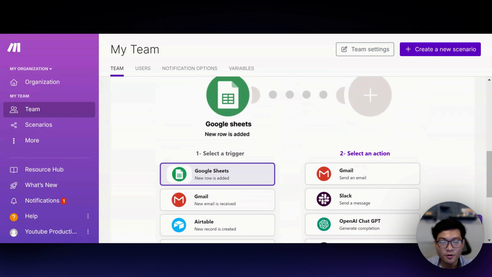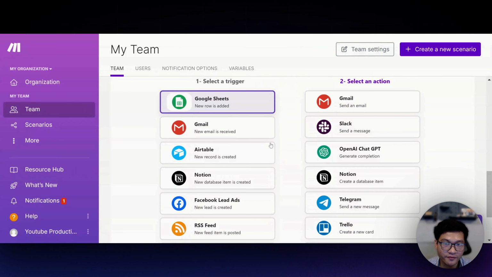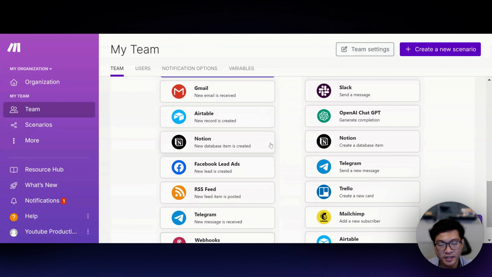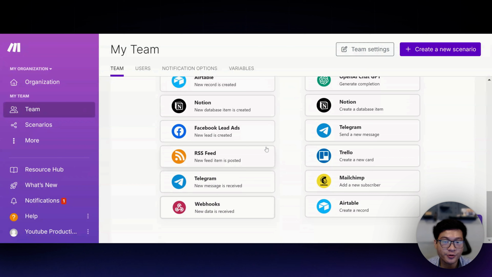To sum it up, while Make.com's dashboard is visually impressive, it can be a bit overwhelming for complete beginners. There are more options and features visible right from the start, which might require some getting used to. However, for users who enjoy exploring and experimenting, the dashboard offers a lot of depth and flexibility.